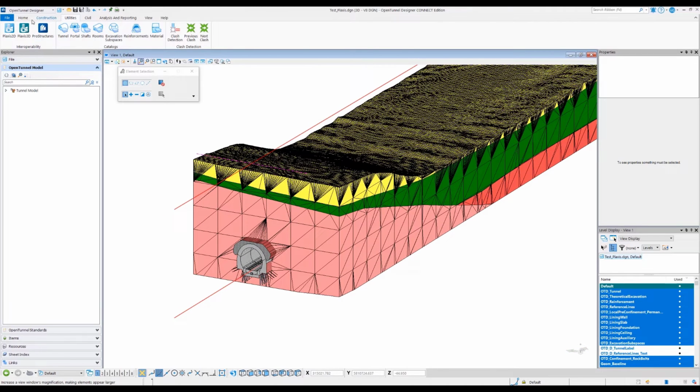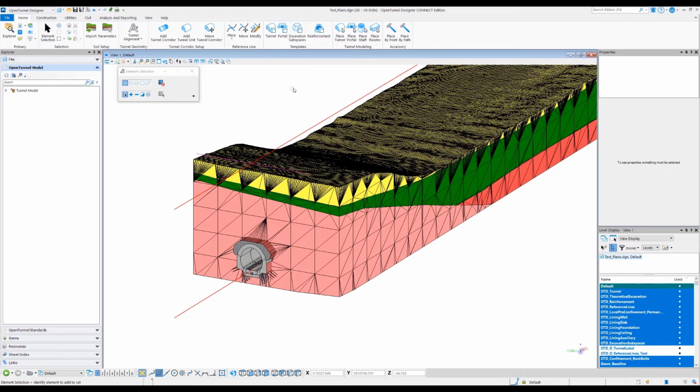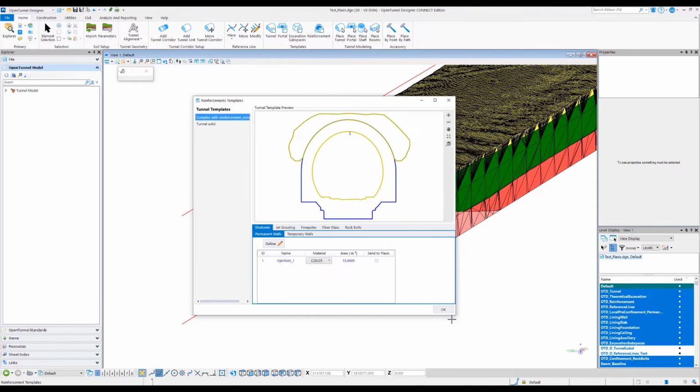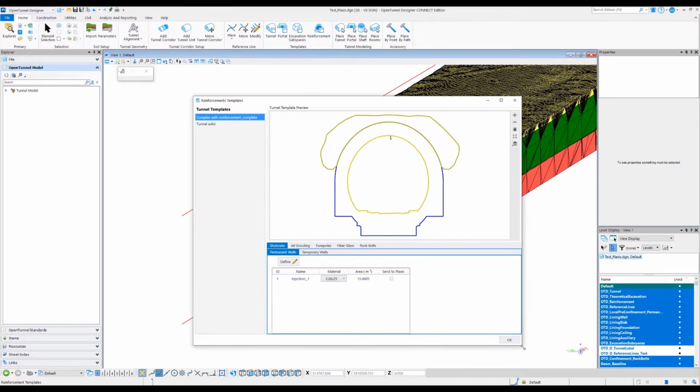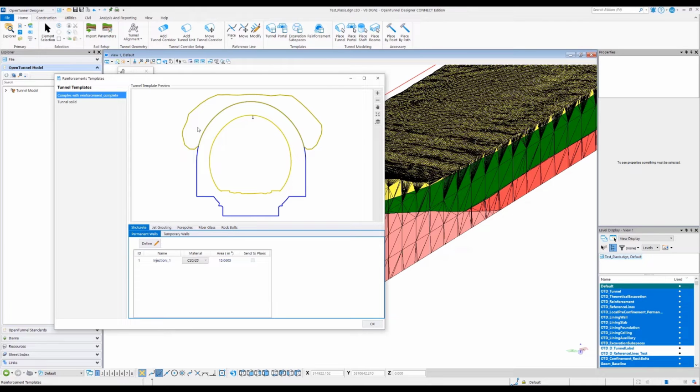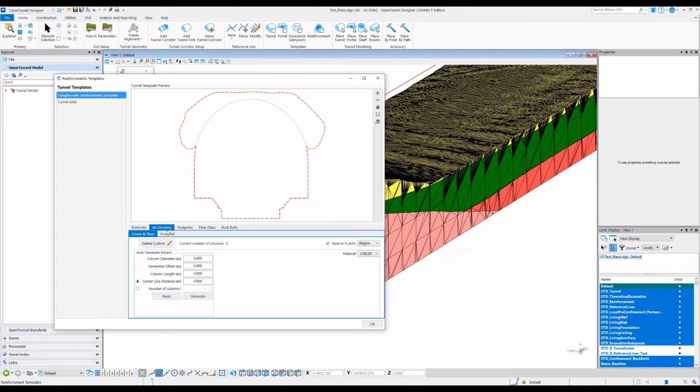Next, we will have to create a tunnel. After using the usual steps, you need to make sure that you have specified what and how to send the reinforcement to PLAXIS. For instance, here for shotcrete, I have defined this area as shotcrete, but I have chosen not to send this to PLAXIS because I will send this to PLAXIS as jet grouting, as an improved area of soil, as you can see here, and I have chosen to send this as a